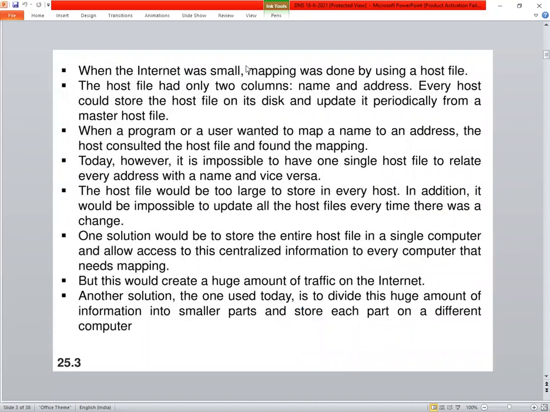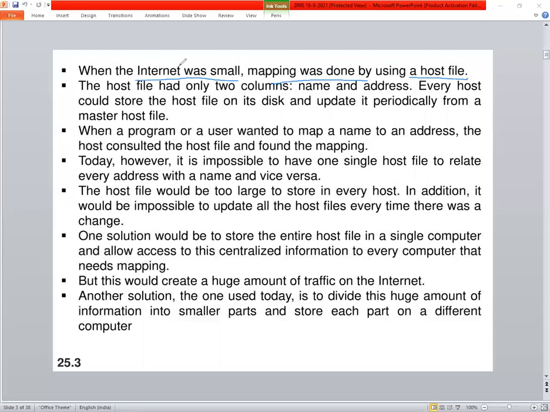So what does the domain name topic also say? When the internet was small, meaning the number of users was small, internet was small means the number of users accessing it was less. Mapping was done by using a host file.